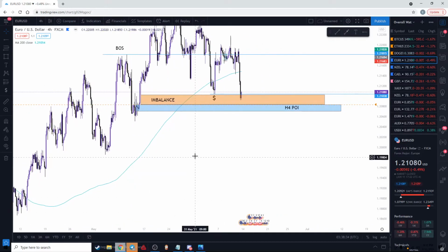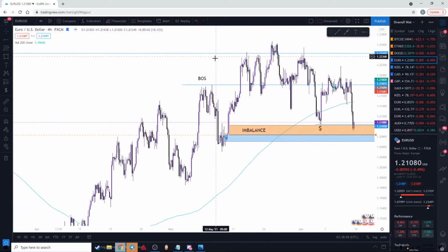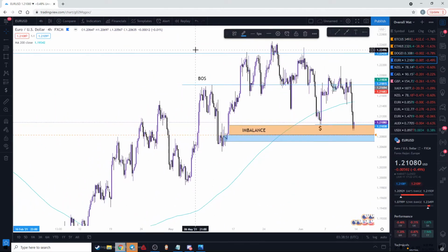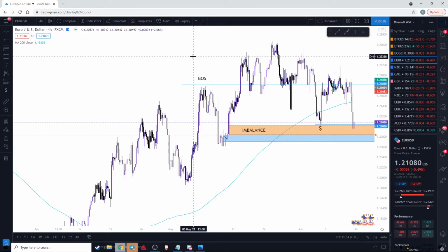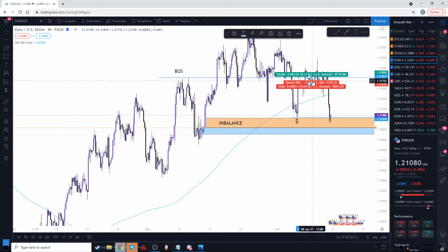So after we found a directional bias, what I'm going to be looking for is a valid point of interest, right? So what makes a point of interest or a zone valid for me? I'm actually going to delete this line up here because it's not useful on this 4 hour chart and I don't want to confuse you guys. But what I saw when I was marking up these charts today is that we are in a bullish trend, right? So we're looking for buys, and I saw that previously, quite a bit ago just because this is the 4 hour chart,